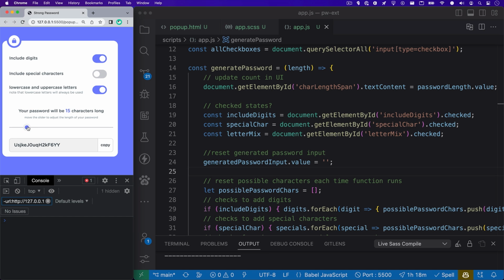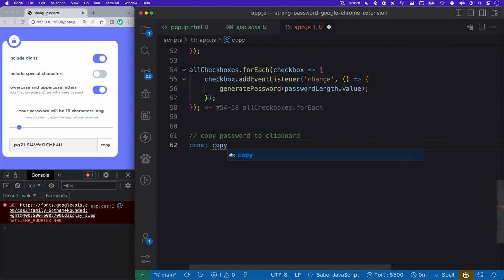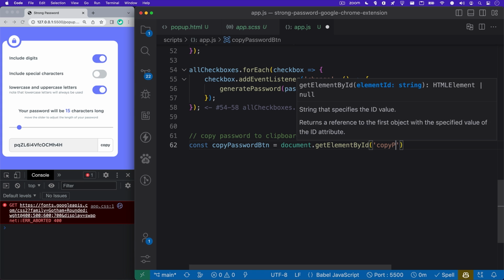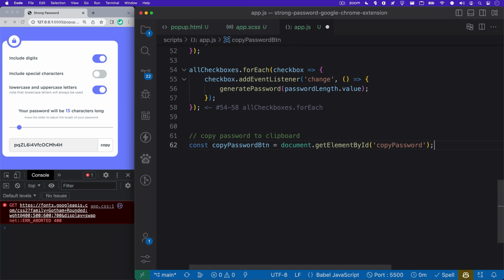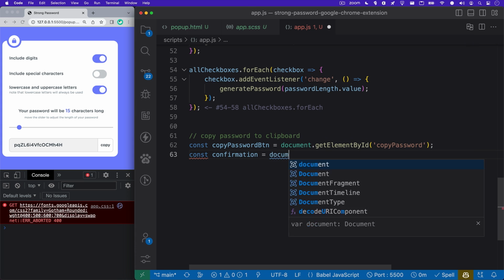You'll also notice that we can update the slider to create a different length password. All that's left to do now is to add some functionality for the user to copy their password to the clipboard, and that's actually pretty simple. At the bottom of app.js, I'll just set up a variable, copyPasswordButton, and it'll equal document.getElementById('copy-password'). And we'll also want to reference our confirmation container, so I'll just write confirmation equals